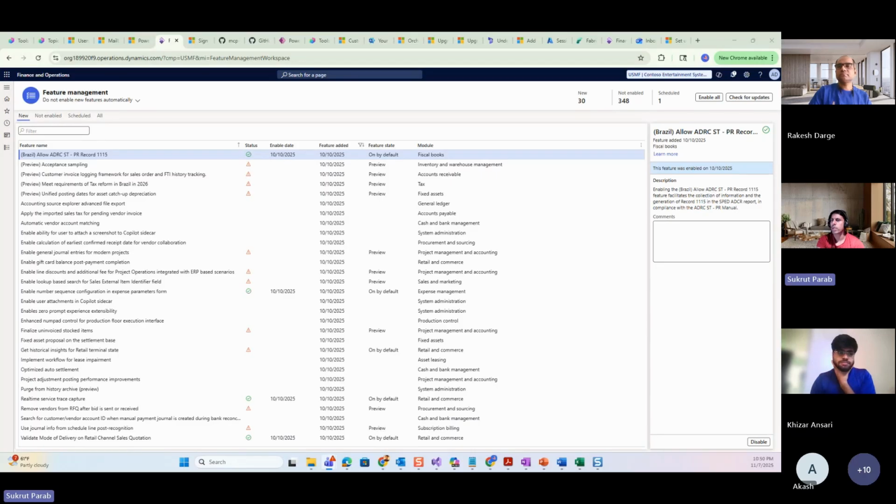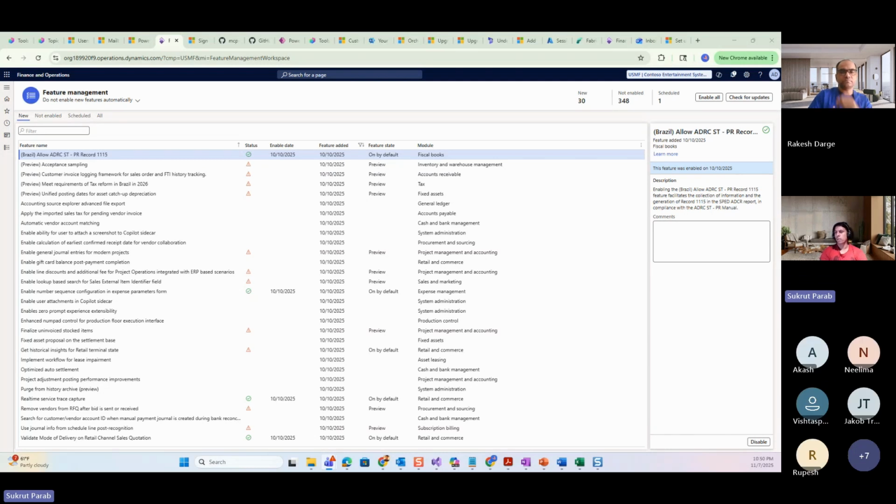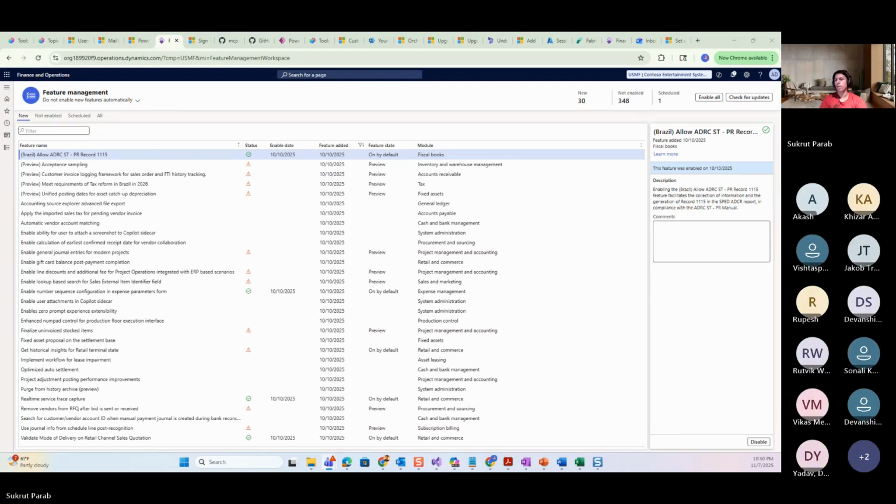So in terms of setup and configuration for this supply chain communication agent, we have a lot of technical setup, not functional setup, on both the Dataverse and F&O side. The F&O side is a little less, but on the Dataverse side we have to perform a lot of configurations, especially if you want to use the update features